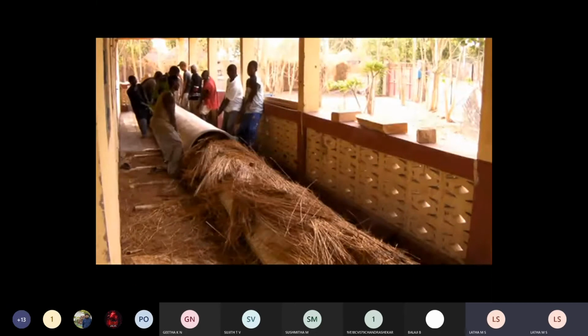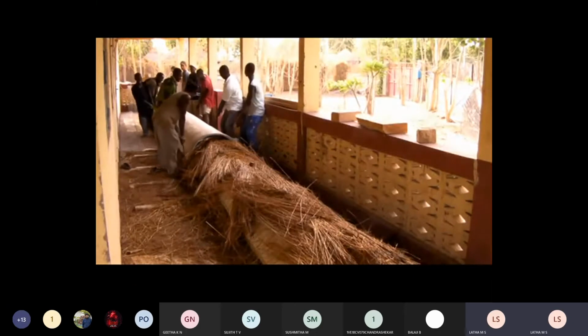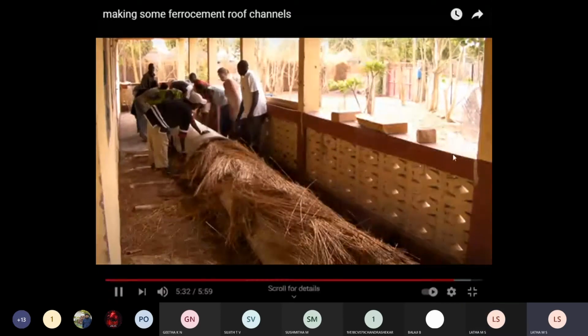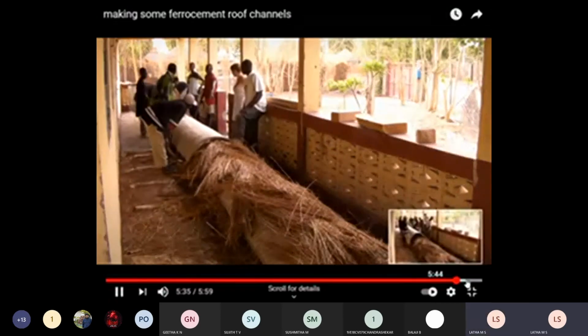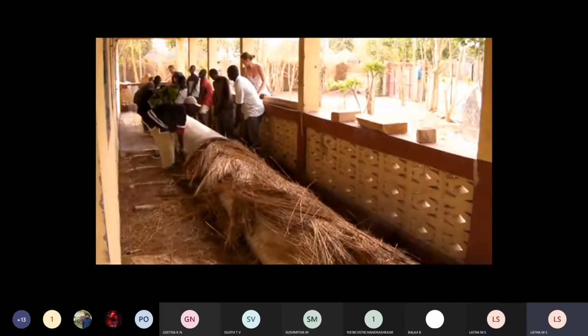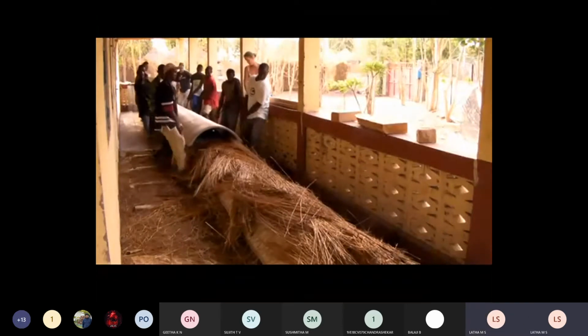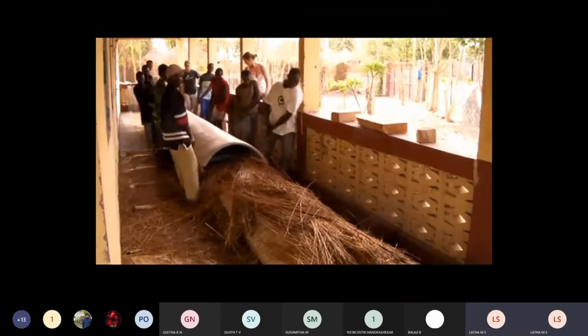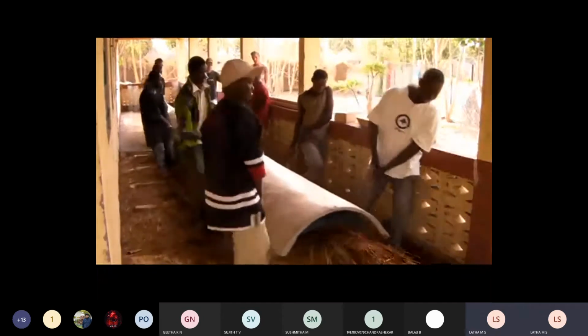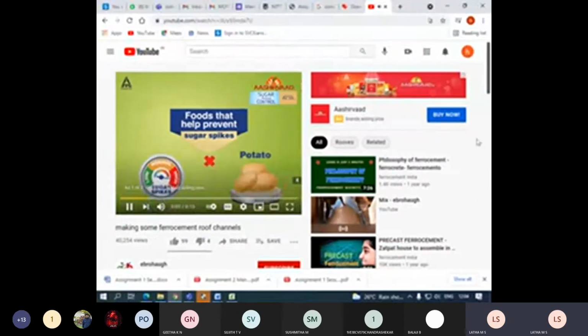They're stacking the channels one over the other. That is a channel section, semicircular shape. On the back side of that, that is a formwork.